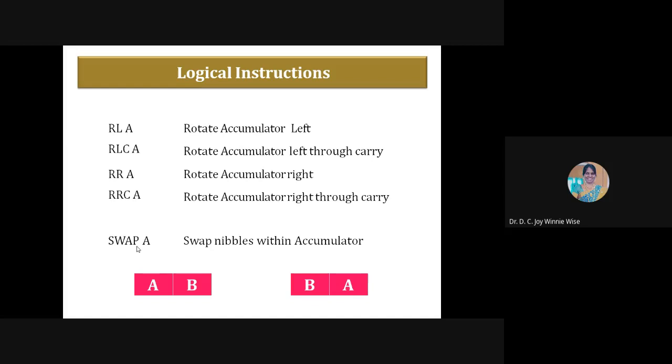Suppose the data is in R0 or R7, whatever register it may be, it must be brought to the accumulator using the MOV instruction. Okay, MOV A, R0. That means the content of R0 will be transferred to the accumulator, and then you can perform the rotate instructions and all the logical operations.